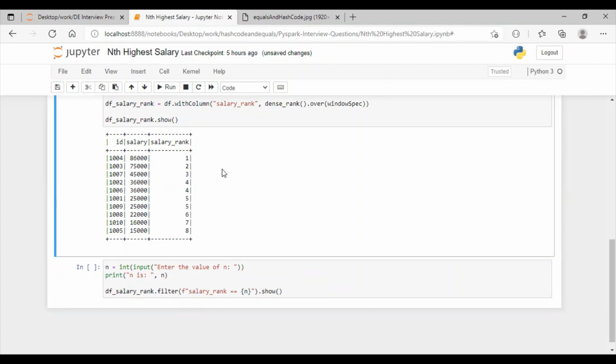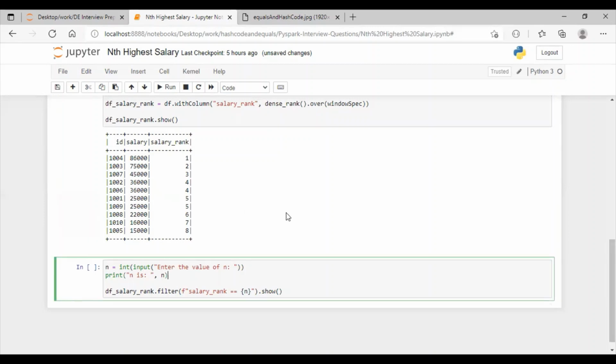Now, if we have duplicate salaries, in that scenario we expect both the employee IDs and the salary. For example, we have 25,000 twice, for 1001 and 1009. Since we have used dense rank, it will provide the same rank and will not skip the ranks here. So we are expecting both these rows in the output. So let's find the fourth highest salary.